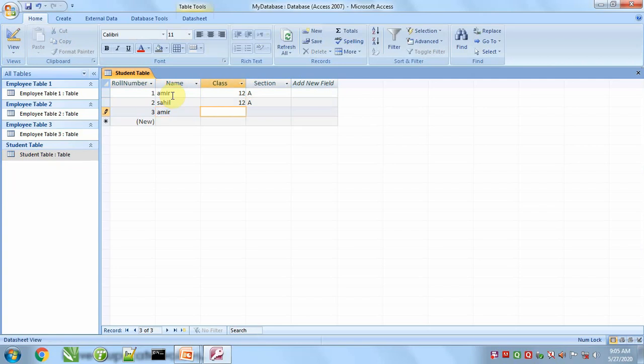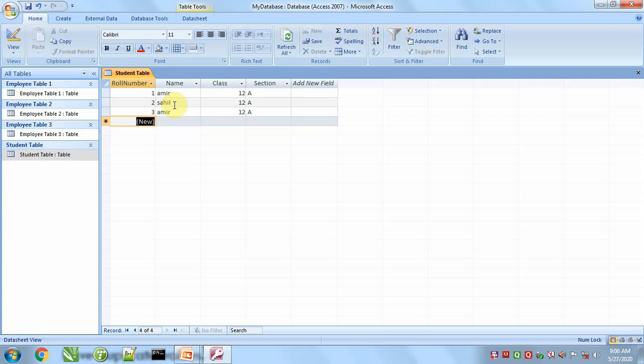Now we can look here, same class, same name, same section, but still the ID of Amir is different. So with the help of ID or roll number, they will be recognized in the class. A class can contain two or more students with the same name, and their class will be the same, section will be the same. So how will we recognize those students? We can recognize them with the help of their ID or roll number. So this is the use of a primary key. A primary key maintains uniqueness in a table so that duplicacy can be controlled, and data entry should be controlled and appropriate.